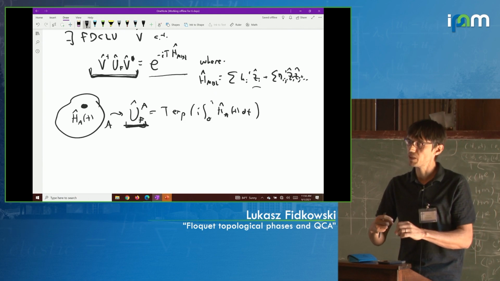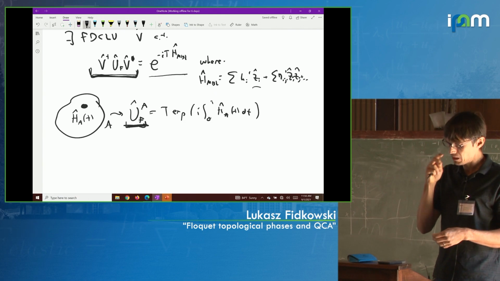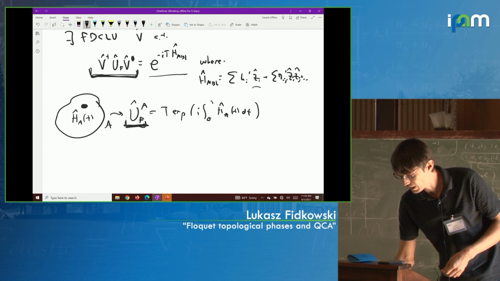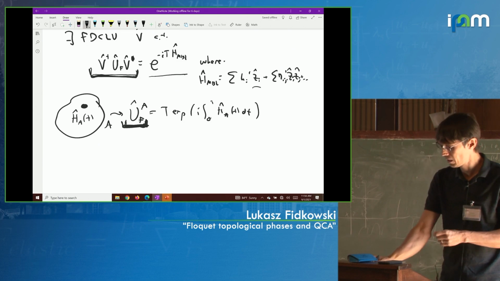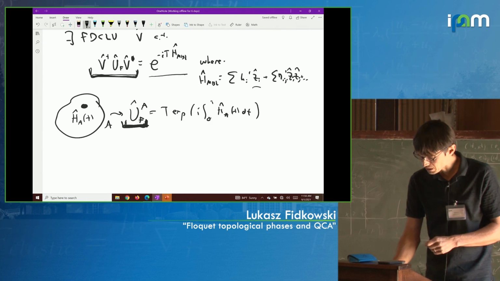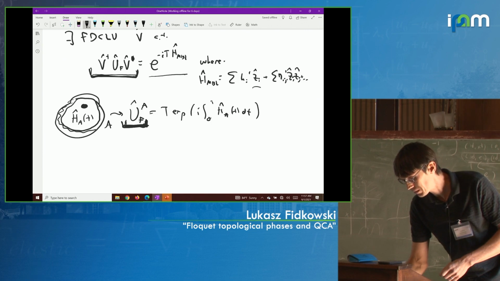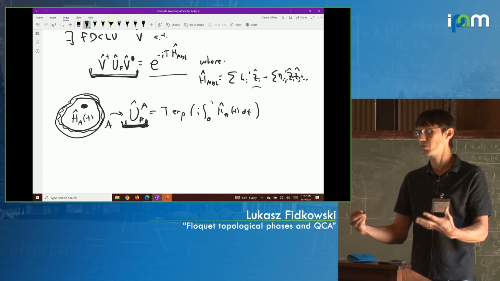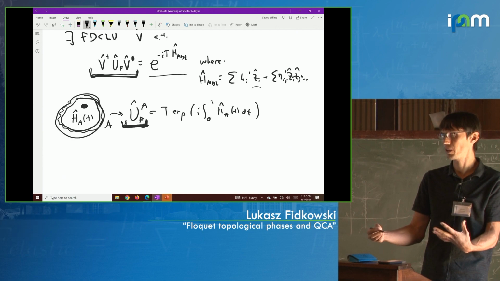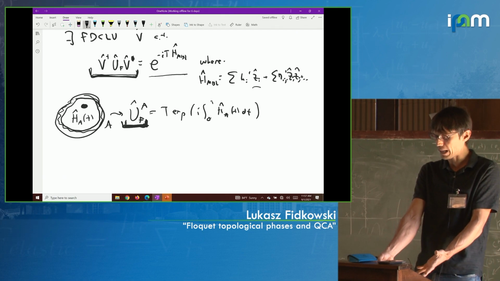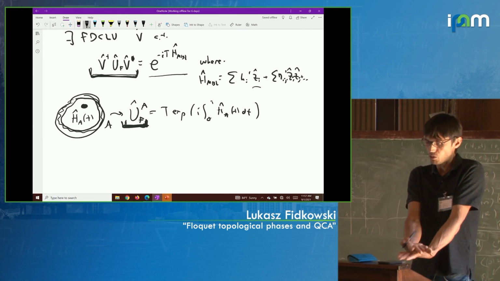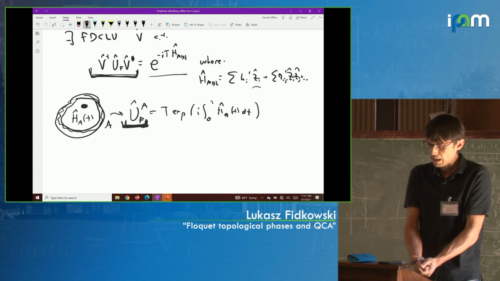But it turns out it does something non-trivial on the edge. So it turns out that this truncated Floquet unitary, there's no guarantees as to what happens near the edge. The only guarantee is that it's some kind of a locality-preserving unitary. It certainly preserves locality because it is a 2D finite depth circuit.